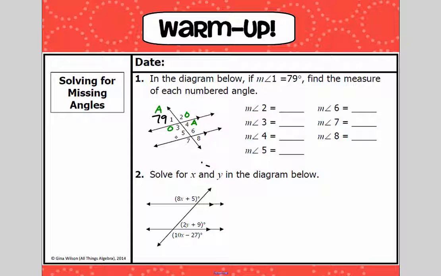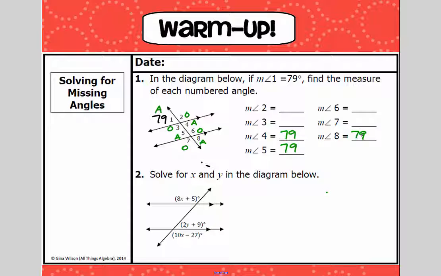To go through and determine which angles are congruent. So I know that 4 must also be 79, 5 must be 79, and 8 must be